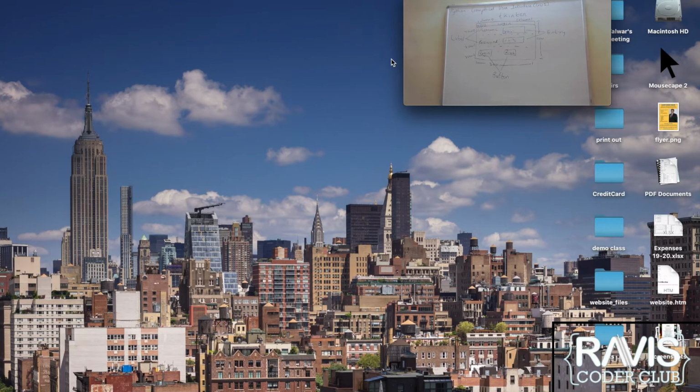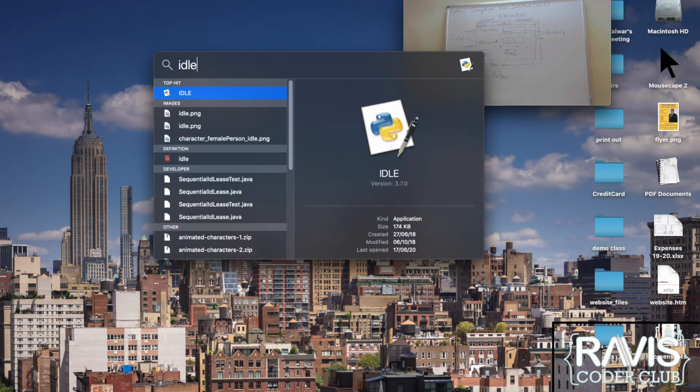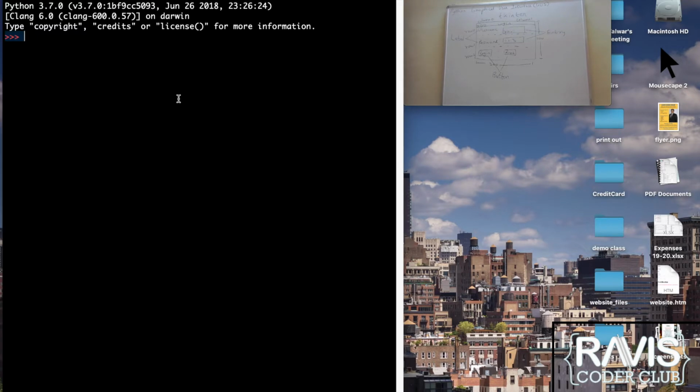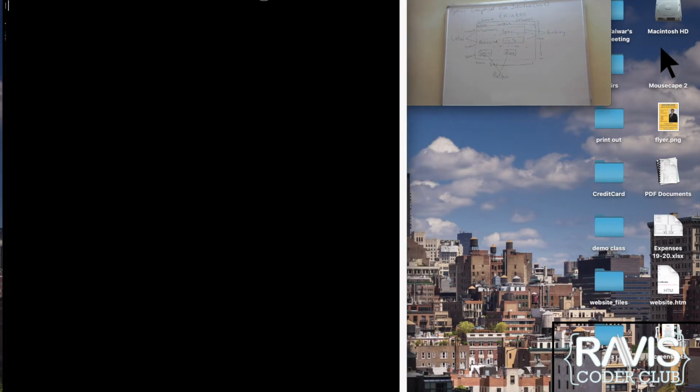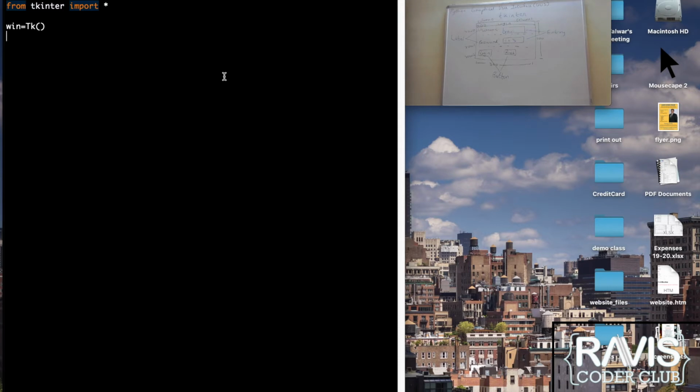So now I've come back to my computer screen. You see my screen and you see my desktop and all that stuff. So we are going to write the Python code. So we'll open IDLE, which is used to write Python code, and then a new file. Like I said, we use the Tkinter module. So I'm going to write from tkinter import asterisk, so that we're going to import everything. The very first line of code is win equals Tk(). What is this? Let's not go into detail, but win is a variable that refers to my login window, okay.